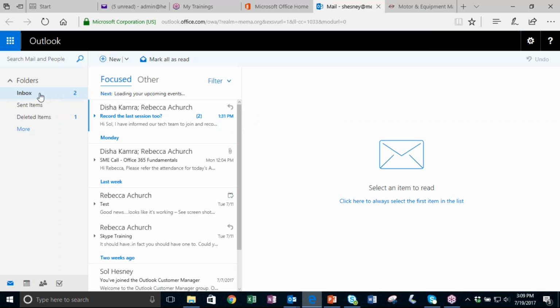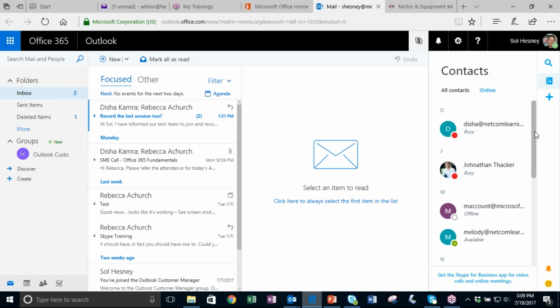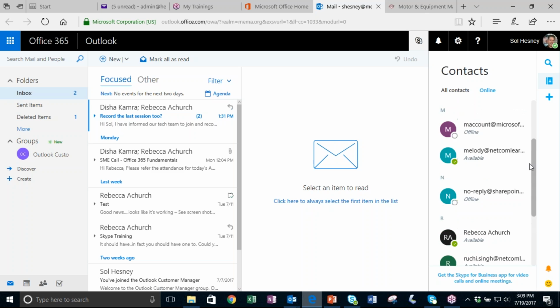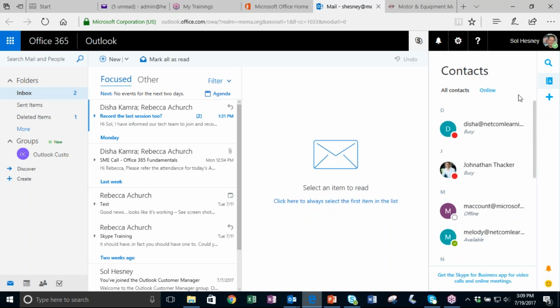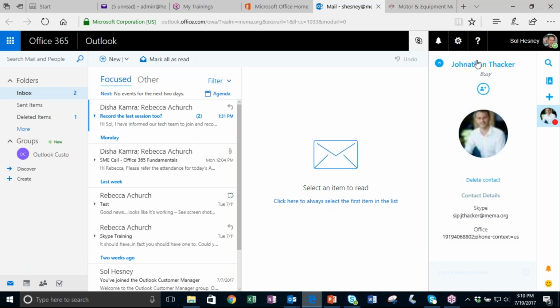And here it's the same information that I have in my Outlook on the desktop. But notice here, I have the symbol for Skype. Okay, this is the Superman S for Skype. And here I have all of my contacts. So I don't have to be on a desktop, which has my client. I could be using Office 365. And if I want to contact or find somebody, I can do that here as well. Okay, I can contact them. I see that Jonathan is busy, but basically I would be able to